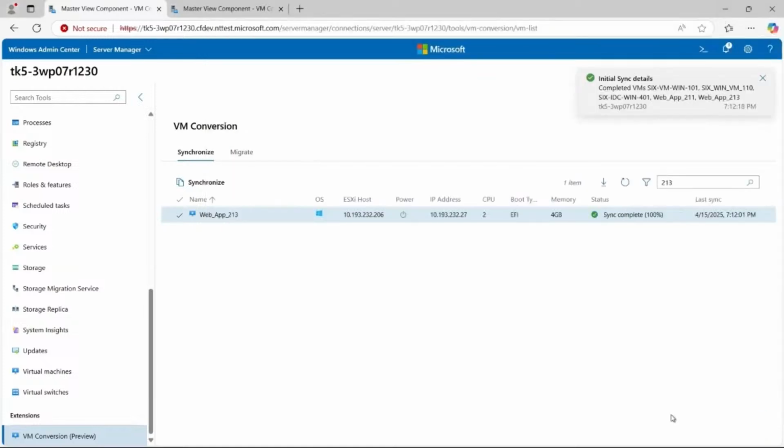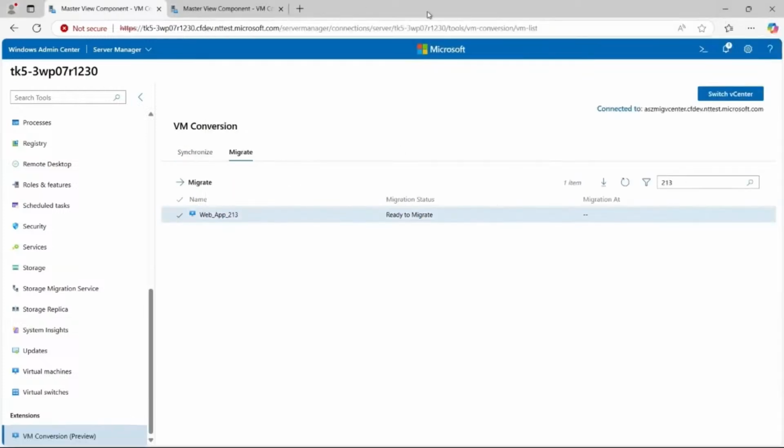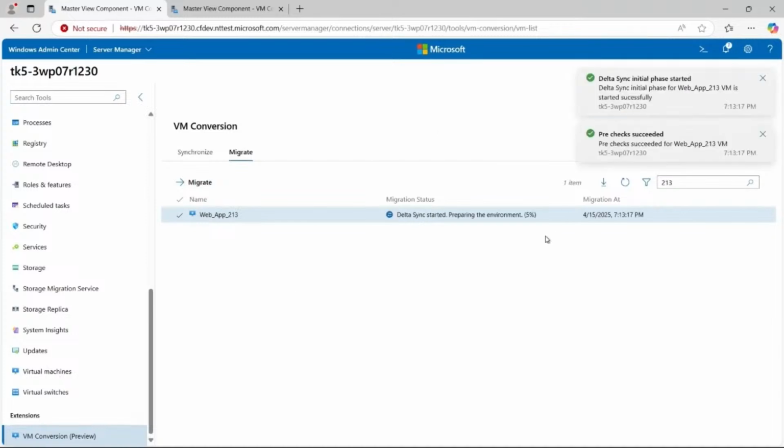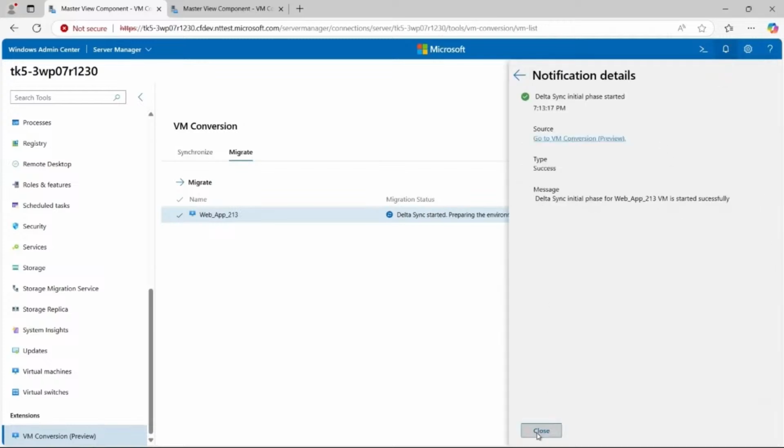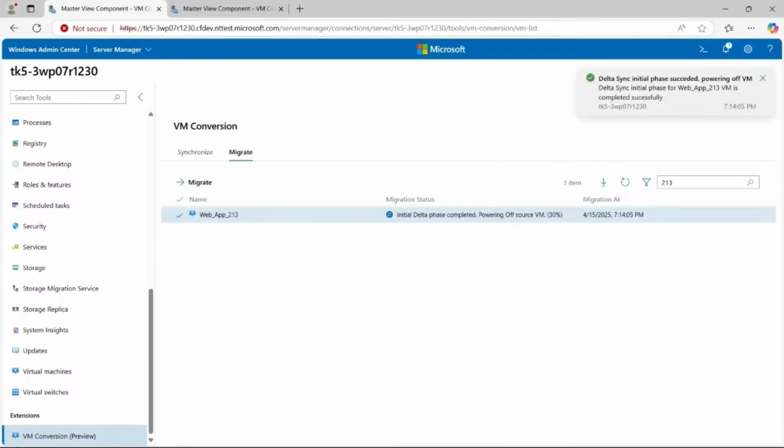So once the replication is completed, you'll see the virtual machine in the Migrate tab. We are going to initiate the Migrate workflow, and here you go. It's going to do the Delta replication. Once the Delta replication is done, it's going to turn off the virtual machine, and then it's going to do one more instance of the Delta replication to get in all the last changes that happened in the VM,